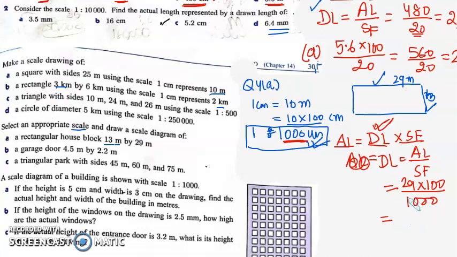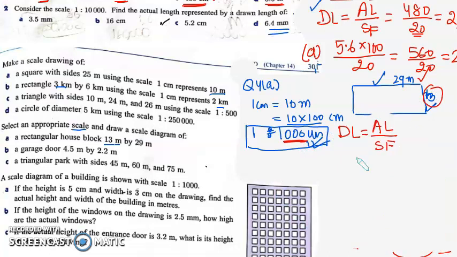So what are you getting? 2900 by 1000, and if you cancel it, you are getting 2.9 centimeter. So for 29 meter, that is the actual length, the drawn length will be 2.9 centimeter, and in a similar way you can find out the length for this. For finding the width, again we have to find the drawn